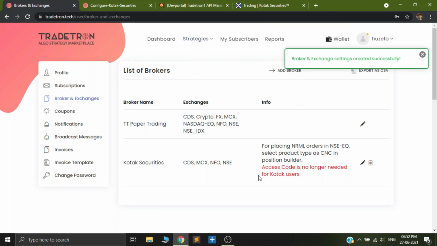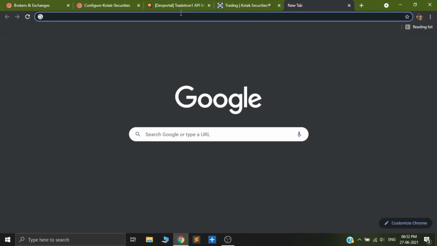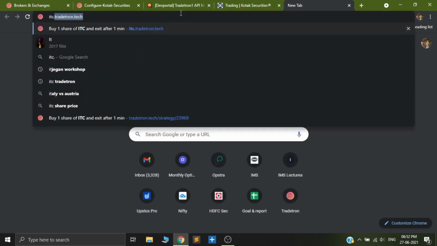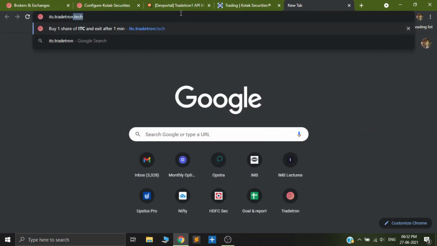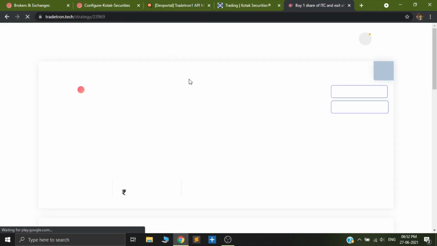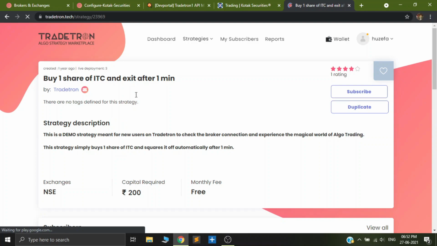However, you yet need to test it before going live. A simple way to test it is you open a new tab and search for this URL, which is itc.tradetron.tech. Click on this URL and a strategy will appear. This strategy will basically buy one share of ITC and sell it after 1 minute. So I'll duplicate this strategy